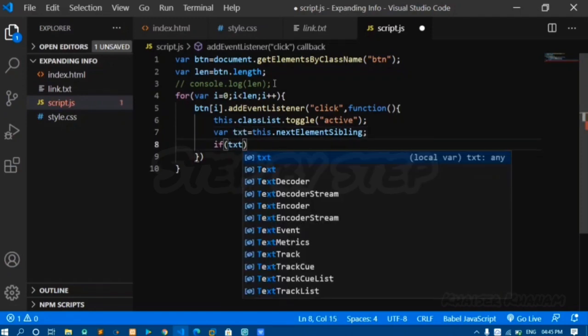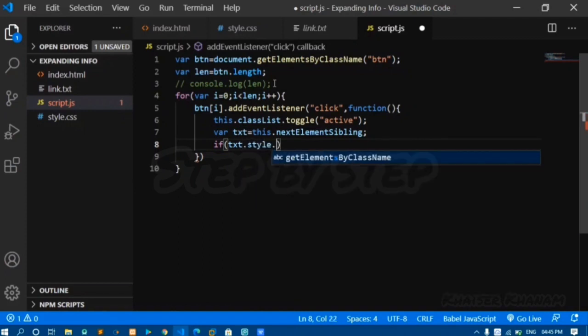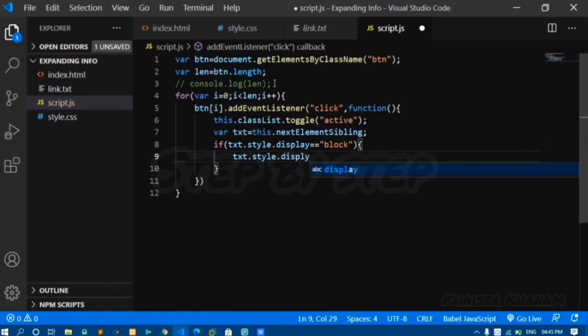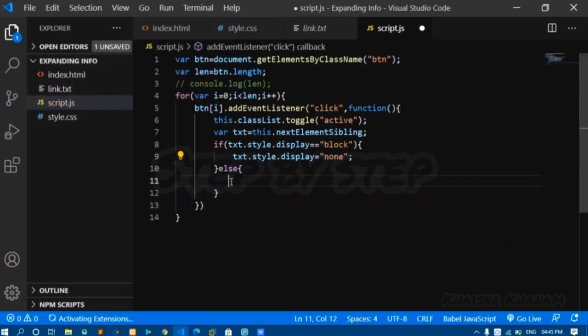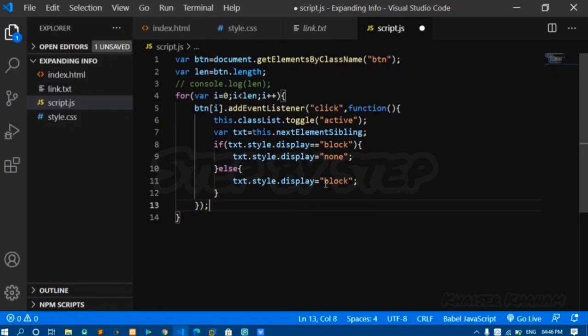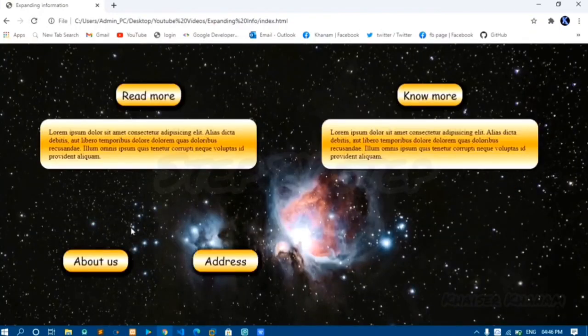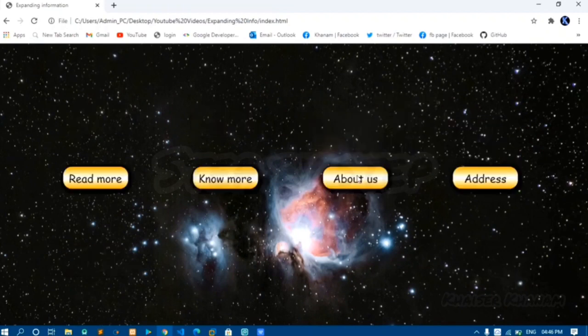I will write one if condition. If text dot style display, if it is block, then display it to be none. If it is block, display it to none, else, Control C and paste it here, else display it to block. Okay, that's it. Just come here, see, you can see this one. If it is block, it will display to none. If it is unblock,